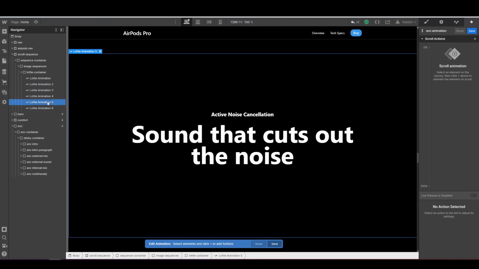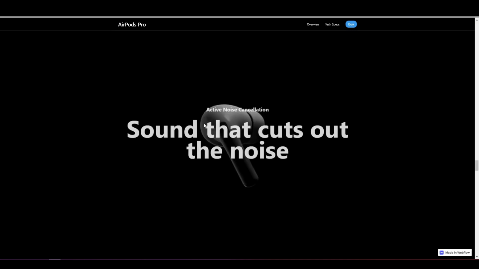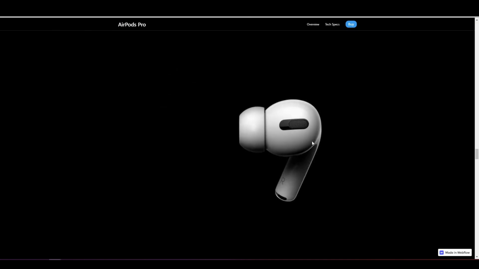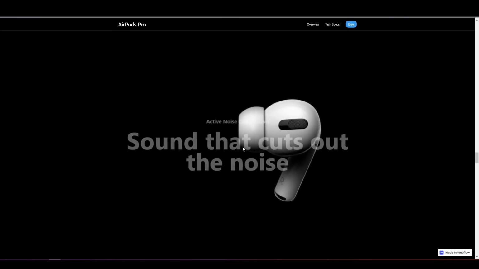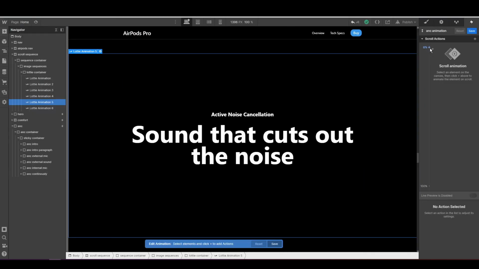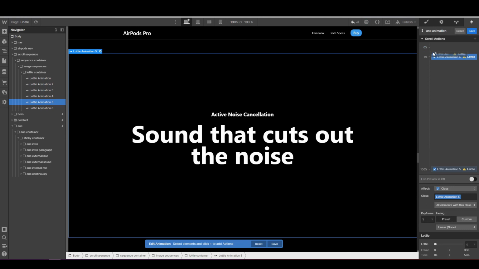Okay, the Lottie animation 5 actually in the other section already exists. So we go from 1. We don't animate from 0 because, as you see here, it's not moving until this one comes. So from 0 to 1 we're going to give opacity something for this headline, but we're going to animate from 1. Here we take this Lottie animation 5 and we put it down to 1. So from 1, which starts at 0, to 100 if we give it 100 here. And now if we see it here,